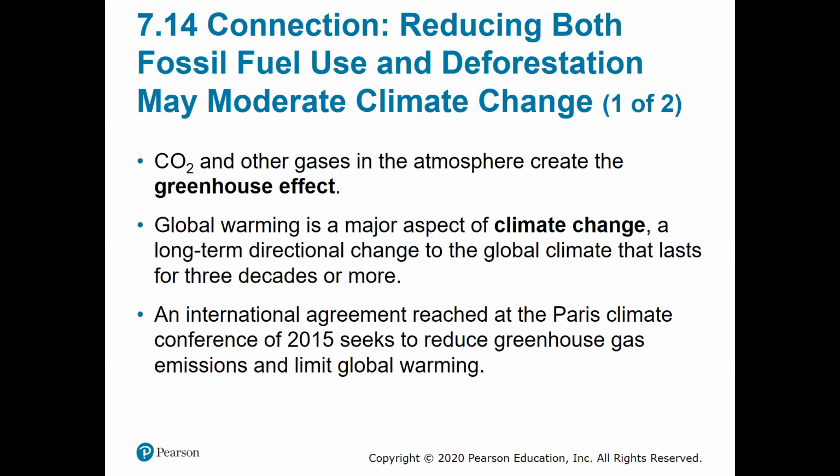If we can remove the carbon dioxide from the atmosphere, then we can lower our CO2 levels. But